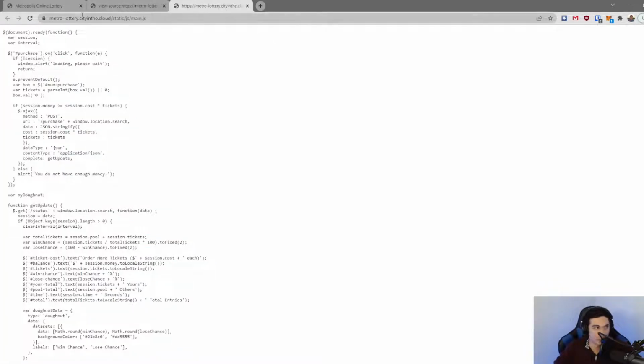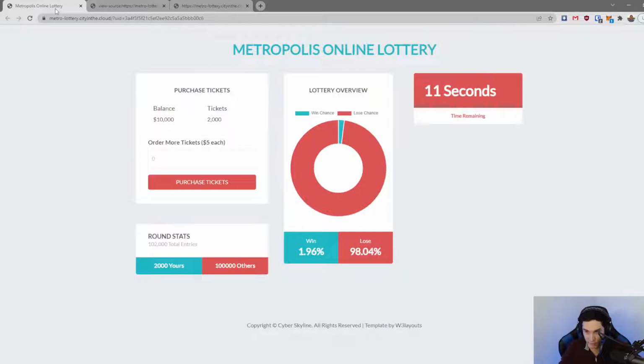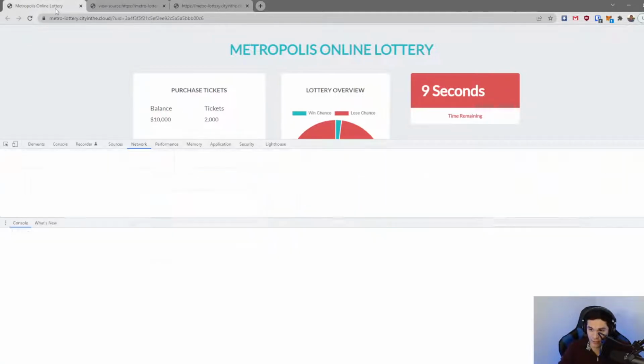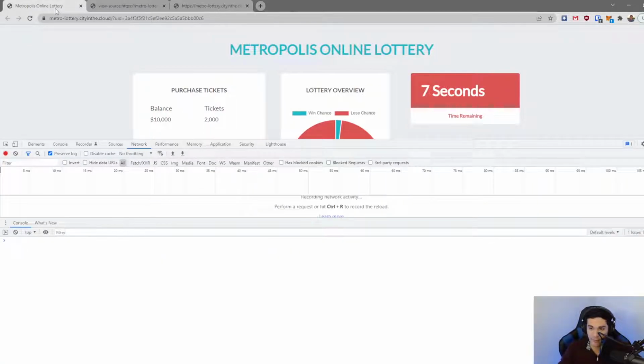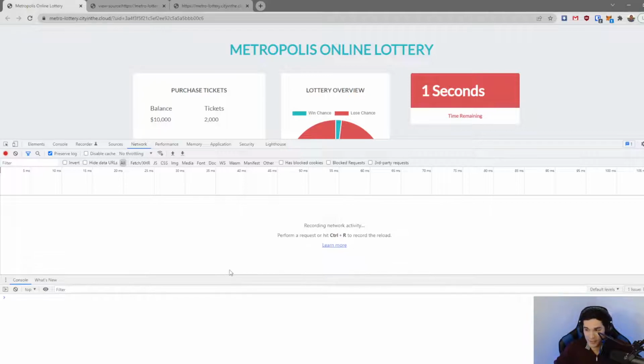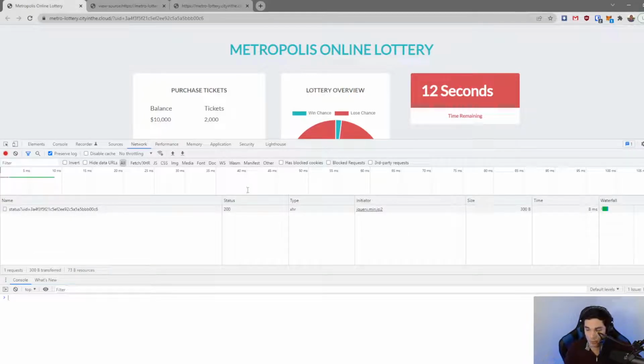Another way that you can get this information, I'm going to show the second way of doing it. I'm hitting F12 right now, and that pops up the developer tools. You can see right now that under this network tab, it's currently blank. That's why I said you have to open the network tab before you do anything, because it'll only start recording after you open the network tab. If I refresh the page now,